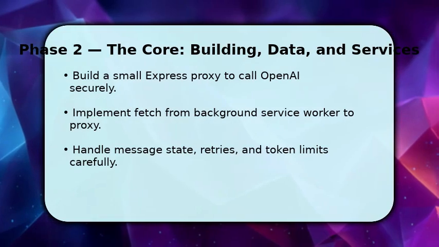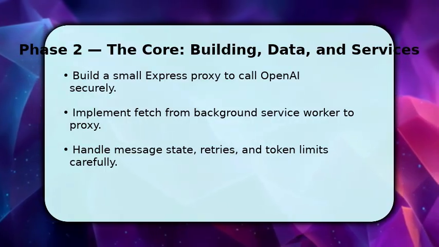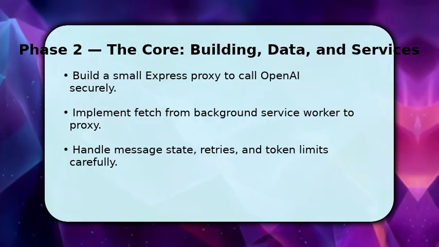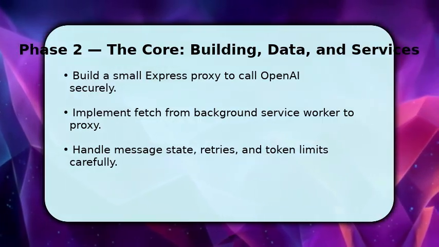Now integrate ChatGPT by creating a backend proxy using Express. This keeps your API key off the client. Once the proxy endpoint exists, have the extension's background service worker call it via fetch, passing user prompts and session